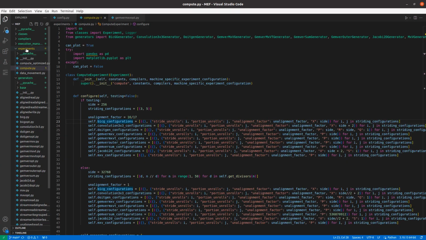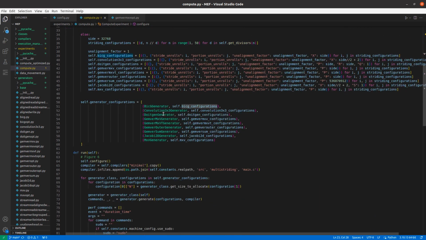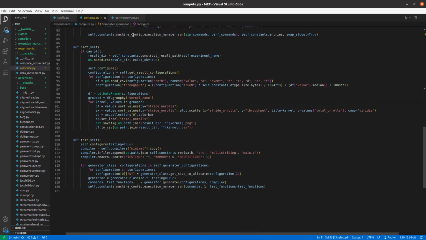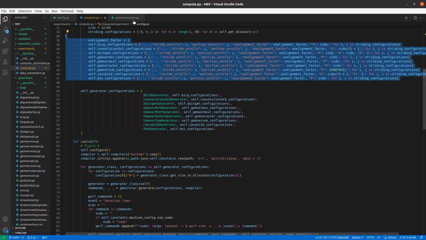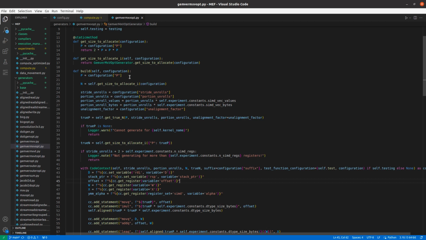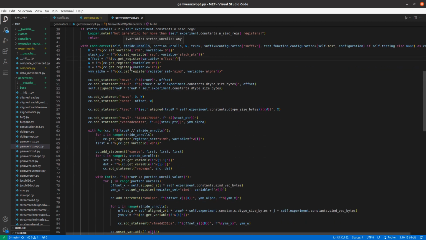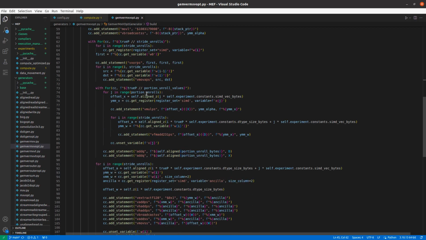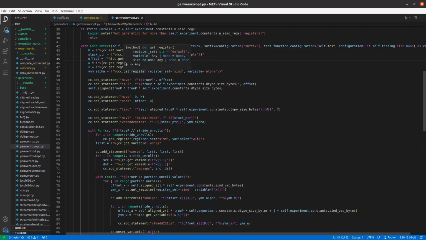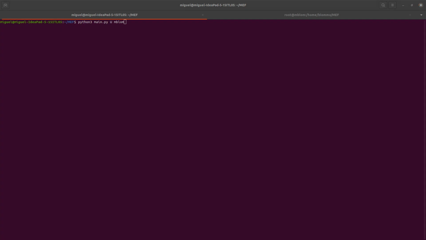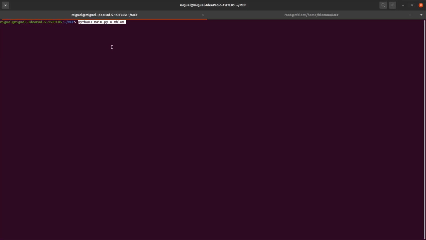Most importantly here, to extend our framework is to add experiments, which will call generators using a configuration where the user also specifies its own generator, which are Python scripts that generate assembly through parameterization given a striding configuration and dimensions of the data. So assuming we want to make use of a remote machine, we will first call this command to